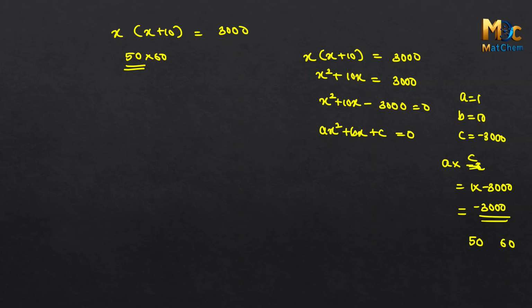So when you multiply, you need to get a negative number. That means one number has to be positive, one number has to be negative. When you add, you need to get positive 10. That means the higher number should be positive and the lower number should be negative. So the possibility is 50 and minus 60. So this equation can be written as x square